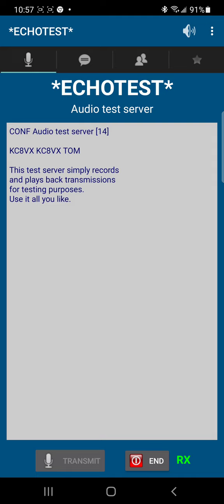This is KC8VX talking on Echotest, looking to see what my audio sounds like. Noticing at the bottom there the bar graph showing the levels, and if I move the phone considerably away, naturally it's weaker. If I go closer, it's pretty well slamming it. So when we stop, by tapping the microphone,